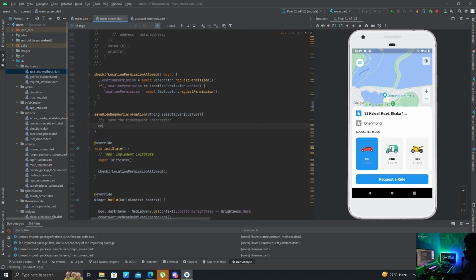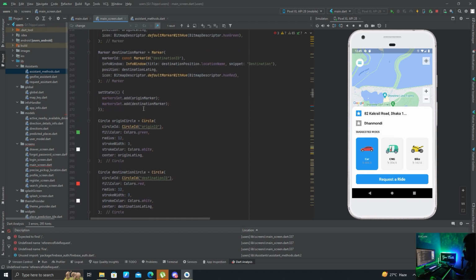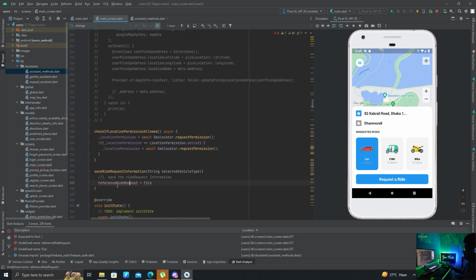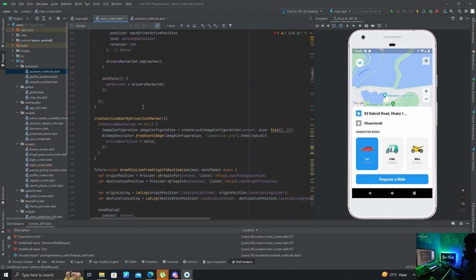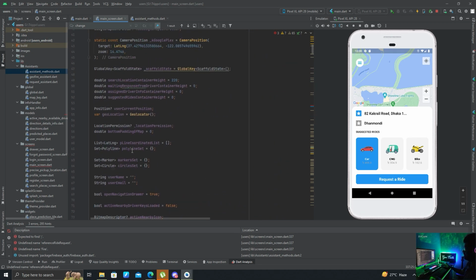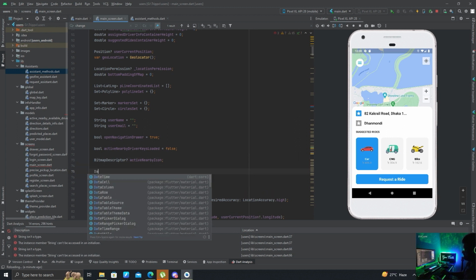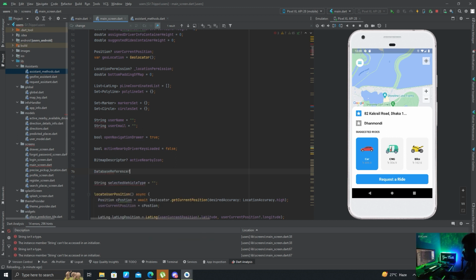So let's add reference ride request at first equals to Firebase, so above here actually you have to, let's copy this and let's add another variable database reference ride request,